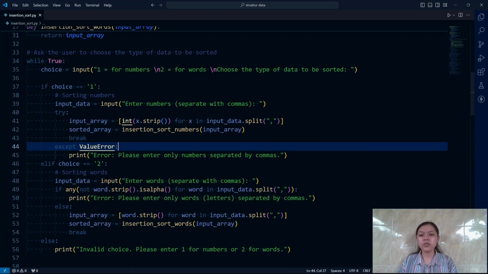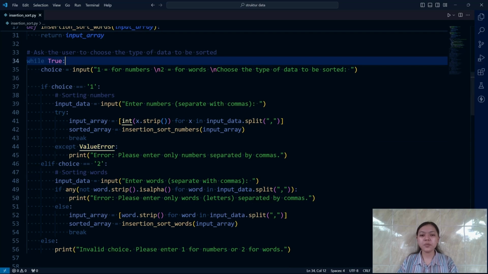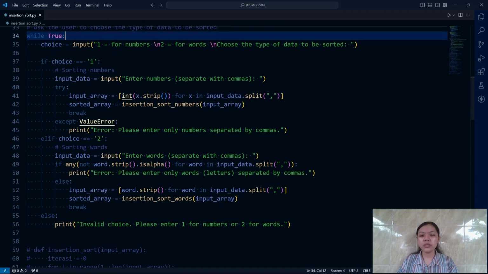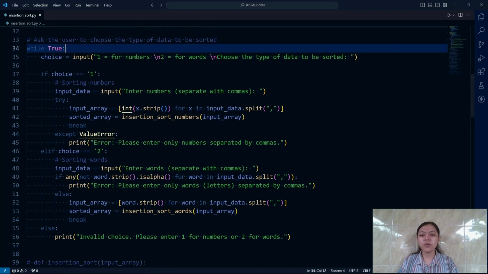The program uses a while loop to continuously prompt the user until valid input is received and sorting is completed. During the sorting process, both functions for numbers and words display the state of the array after each iteration.